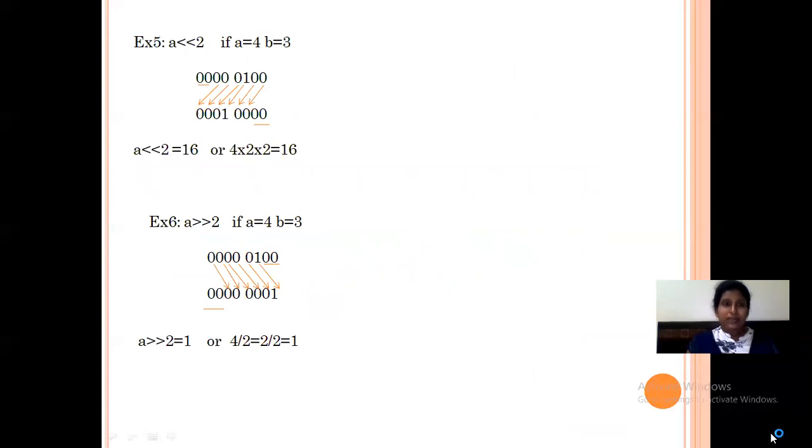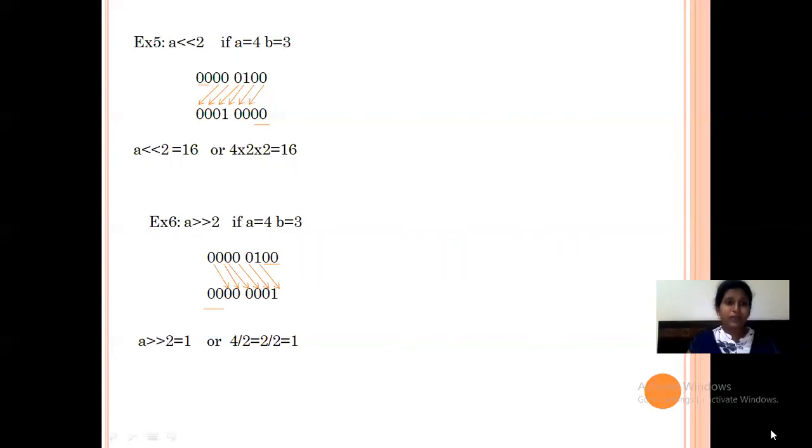Then see what the left shift and right shift are. If you want to do the left shift for your a, and the value of a is 4, you need to take the value of 4 as 0100. The left shift or right shift operations will be performed on 8 bits. The remaining values will be considered as zeros, and you need to move these values towards the left hand side. If you want to move a with left shift 2, then you need to move all the bits towards the left hand side, and then you need to generate the final value of these bits.